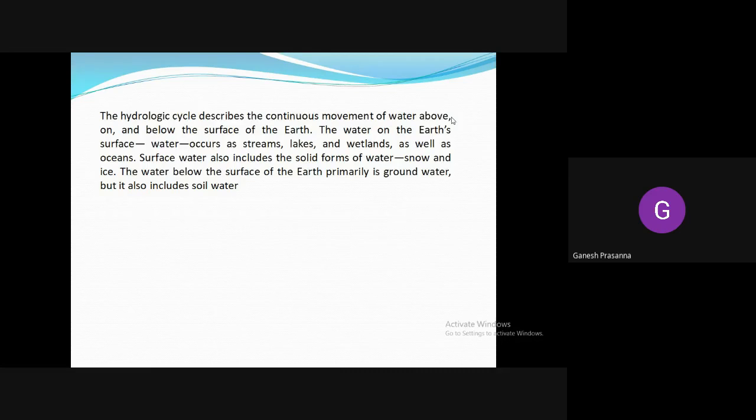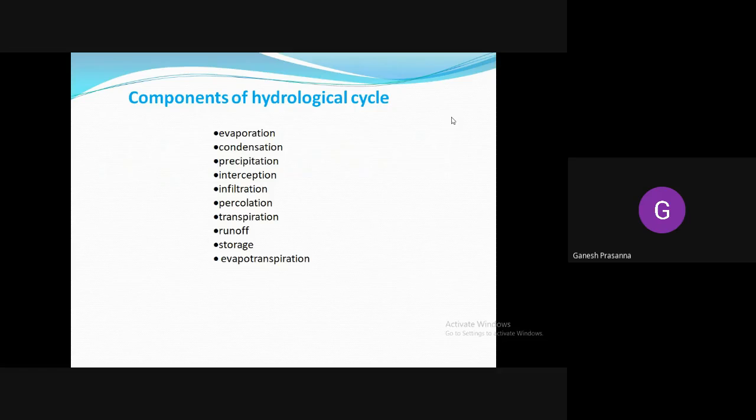Surface water itself. Okay, and the water which occurs below the surface of the earth is the groundwater, which includes the soil water. Only that water which occurs below the surface of the earth is called groundwater, which includes the soil water. Okay, so coming to the components of the hydrological cycle,